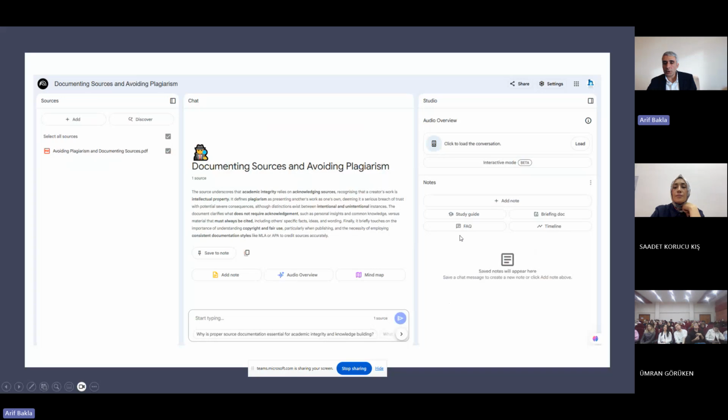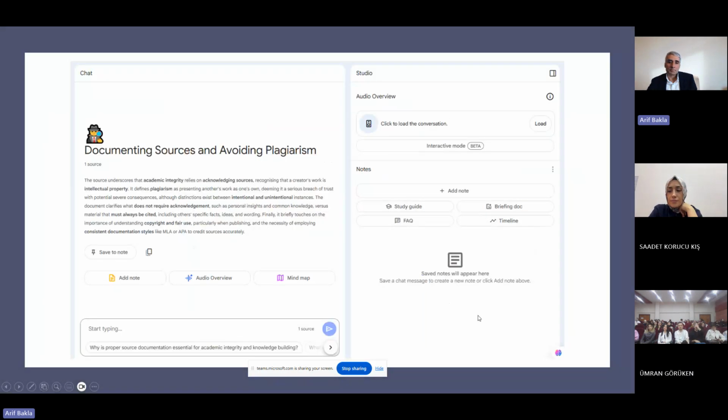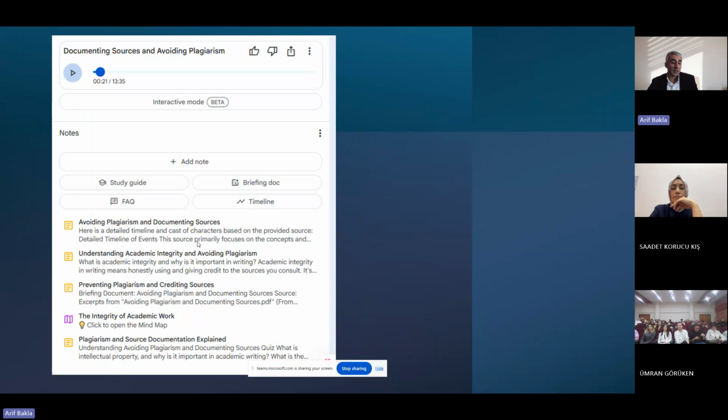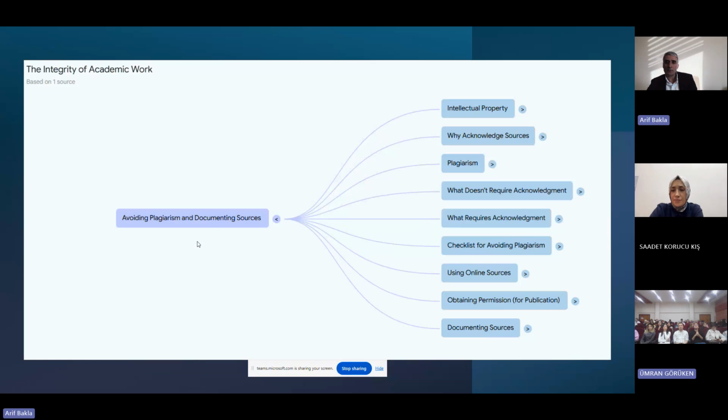Also, we have these additional insights here, like study guide, frequently asked questions. You upload a chapter, for example, and then you get all these instantly. You don't have to work. This is particularly good for classes in which students do a lot of reading, like literature. If you are teaching literature, I strongly recommend this tool to your students and to you. And it creates a